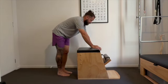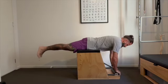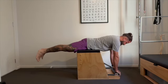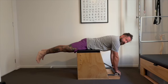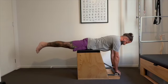For our setup, you're going to place pelvis on top of the chair itself, and you set yourself up so your shoulders are pretty directly over the pedal itself. This is important because that push-pull mechanism that we do again is the exact same thing here. If we're too far forward, it's going to direct the pull or the extension lower into our back. Whereas if we keep it too far back the other way, it's hard to get any extension at all. So if we stay shoulders over the pedal itself, legs are nice and long,